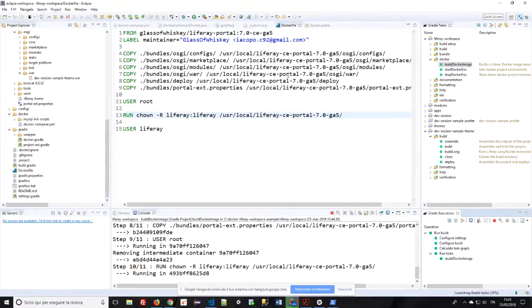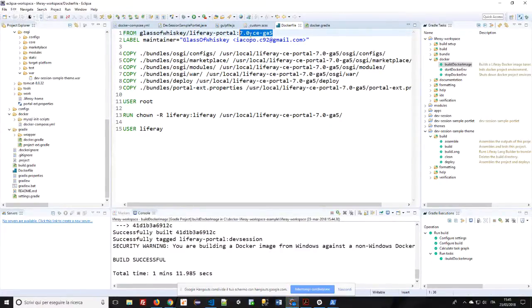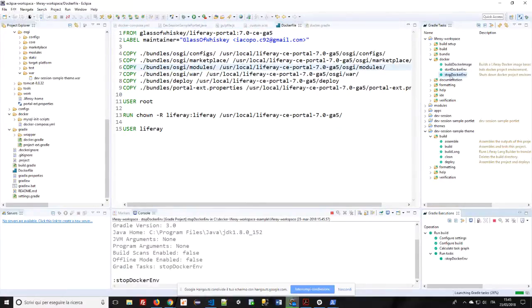This container inherits from the production Liferay container, so it hasn't got debugging enabled, and it hasn't got the GoGo shell exposed externally, because we don't want our containers in production to expose more than they are forced to, for security purposes. Now, to demonstrate that it actually works, I will stop my Docker environment